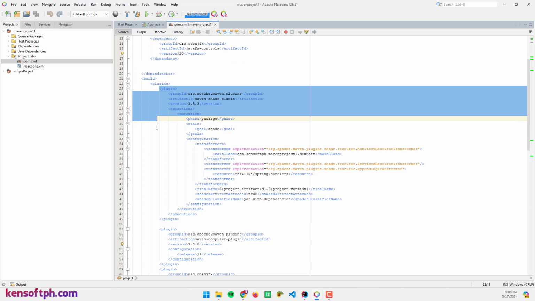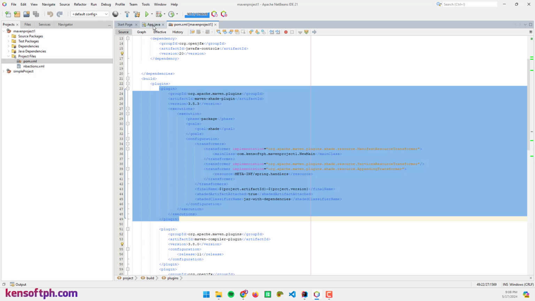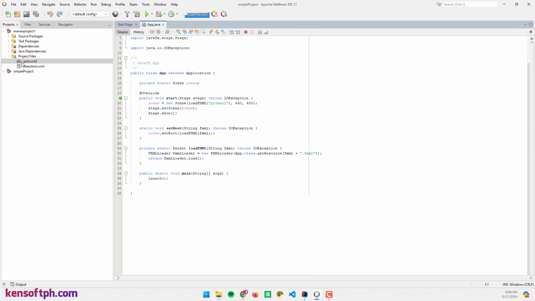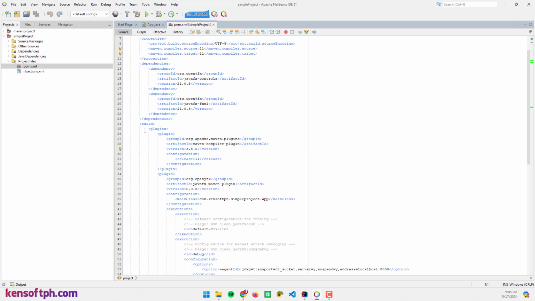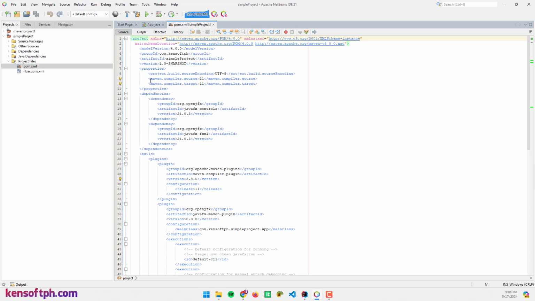I'm going to copy this and close that. Go to my latest project, this one, and add the copied code from my previous project to here under plugins